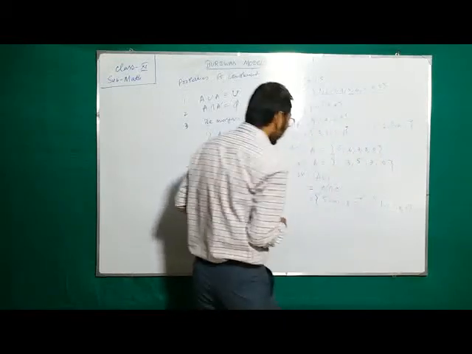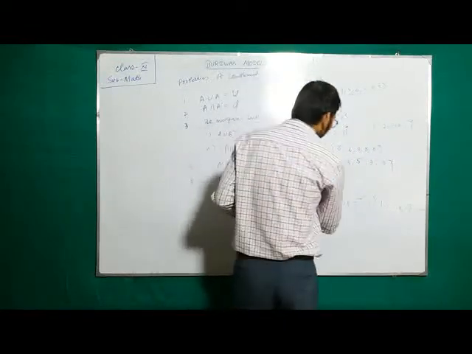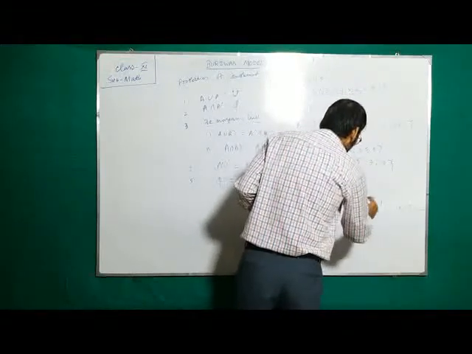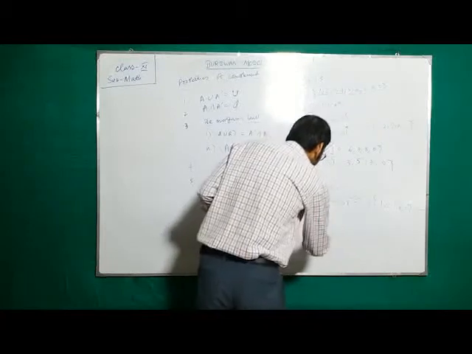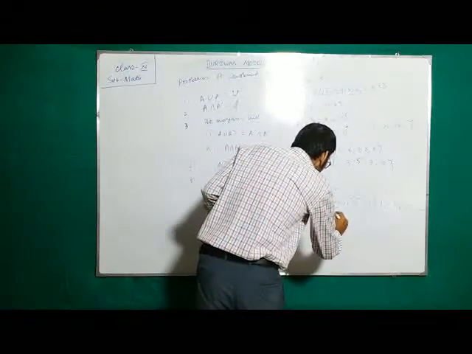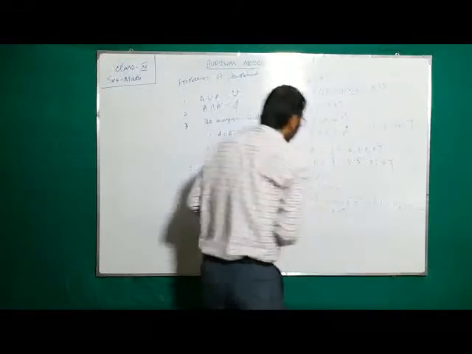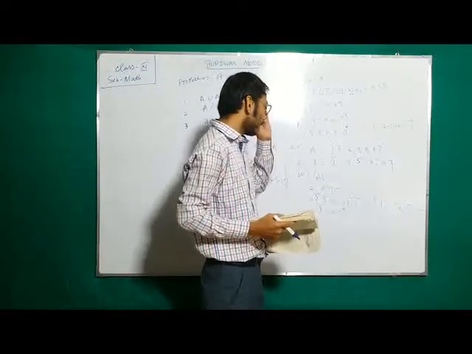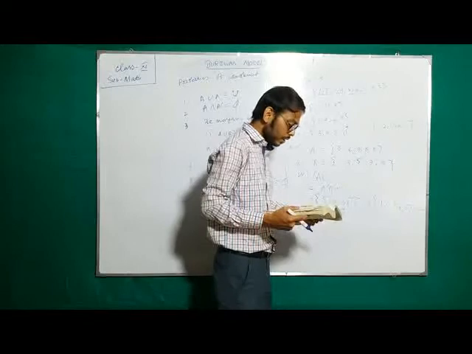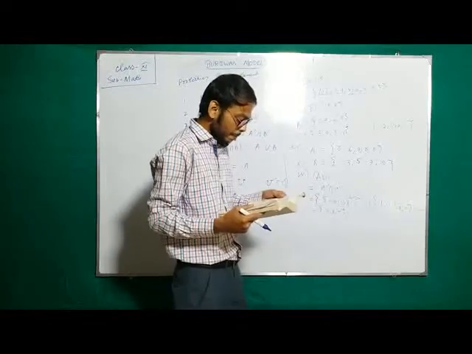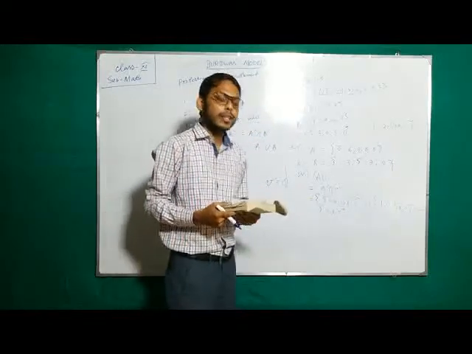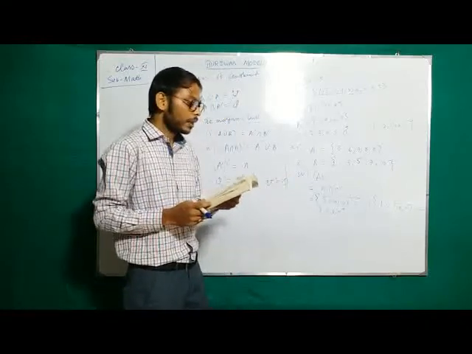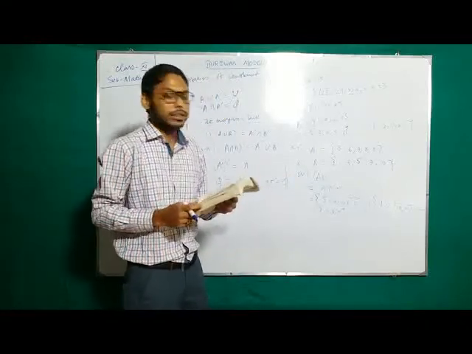So what are the common elements here? 5, 6, 7, 8, 9 and 1, 2, 7, 8, 9. The common elements are 7, 8 and 9. So the complement of A union C is the set containing the elements 7, 8 and 9. Now try to do the rest at home. Okay. In the next class we will discuss practical problems of union and intersection. Thank you for today.